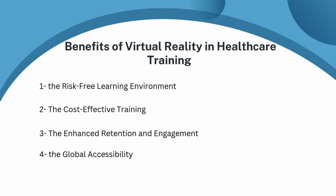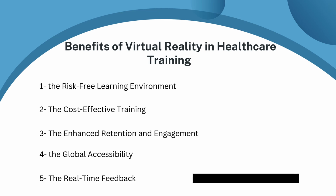4. The global accessibility. Virtual reality makes high-quality training accessible to professionals worldwide, especially in remote areas where resources are limited. All that's needed is a virtual reality headset and a compatible platform. 5. The real-time feedback. Many virtual reality systems provide immediate feedback on performance, allowing trainees to identify areas for improvement